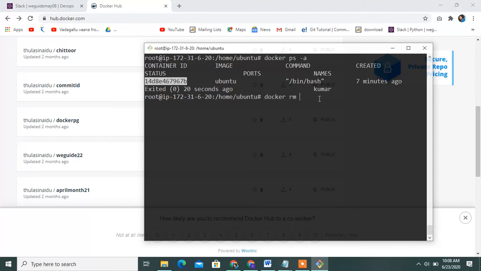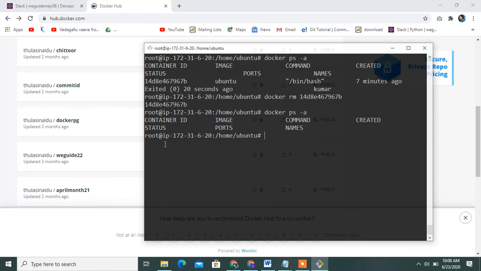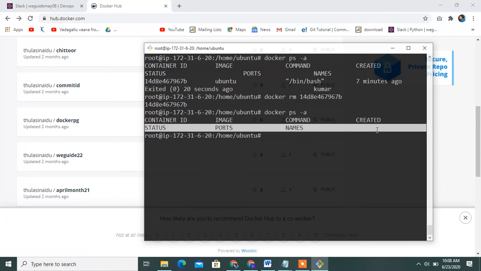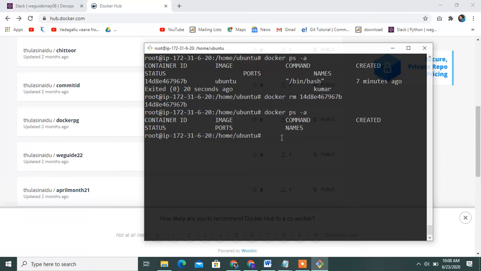The container name will also do. Yes, it's deleted. Please check docker ps -a. See this? This is empty. Okay guys, understand it? You check the Docker images.